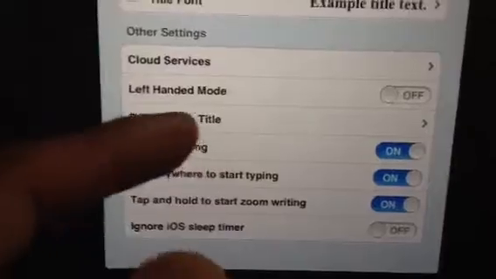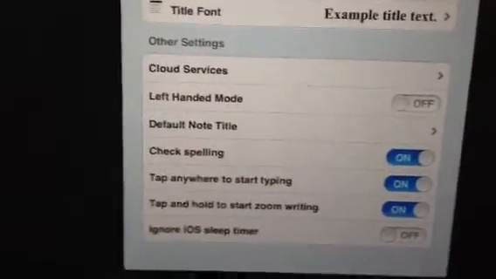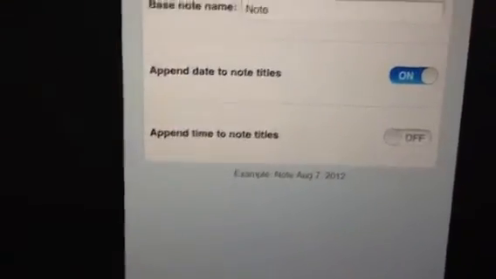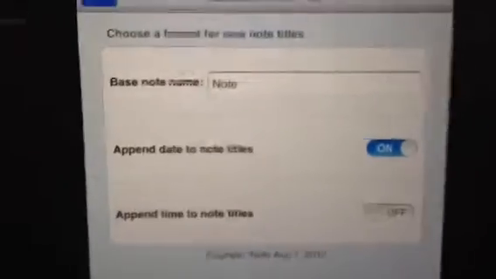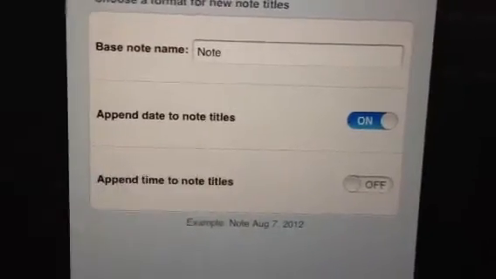Now, if you're left-handed, a lefty, there's a left-handed mode that you can turn on or turn off, whatever you want. Default note title, I'm just leaving it to note. But if you want to put something else down, go ahead and feel free to put whatever you want down. If you want to append the date to the note titles, which I kind of like,